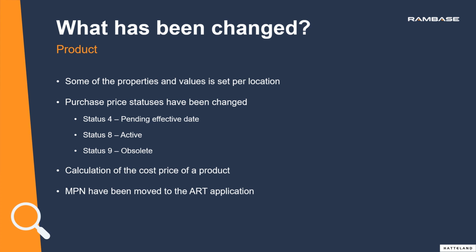There are also some changes on the purchase prices. We have three statuses here. We have status 4, which is pending the effective date, so you can add purchase prices that will be valid in the future. Status 8 is the active one, and then we have status 9 that is obsolete. So in other words, there is no preferred price anymore, but you can, as before, have a preferred supplier for